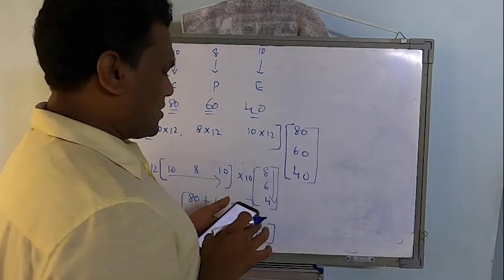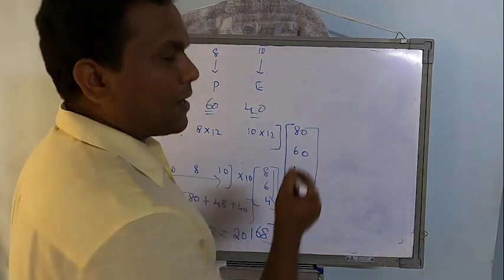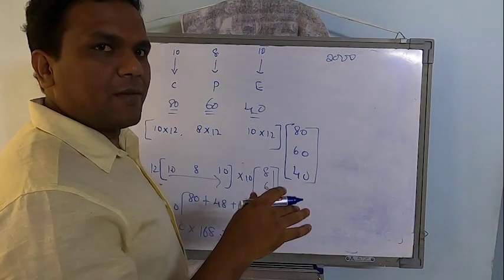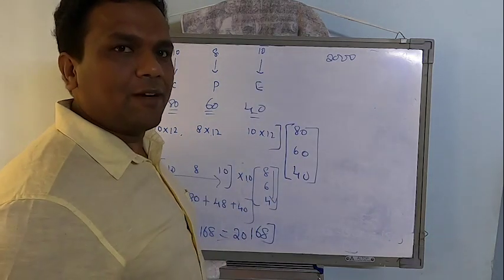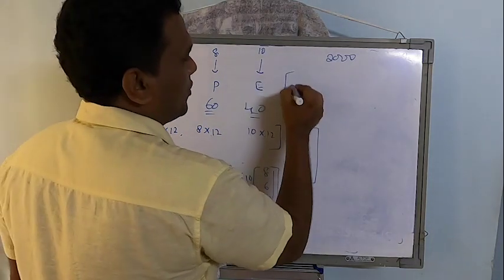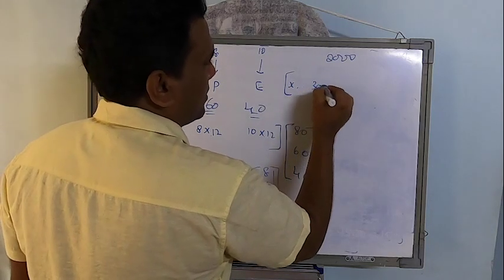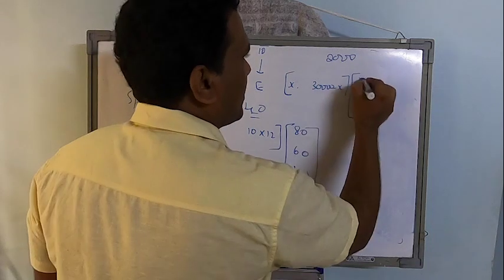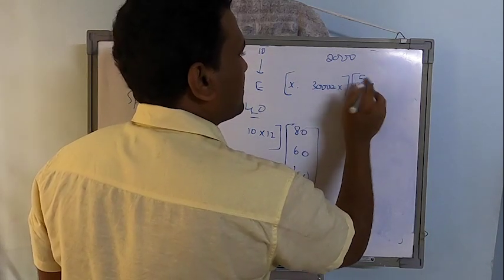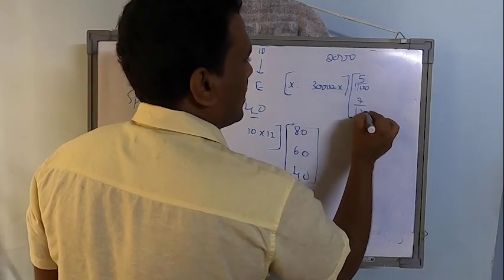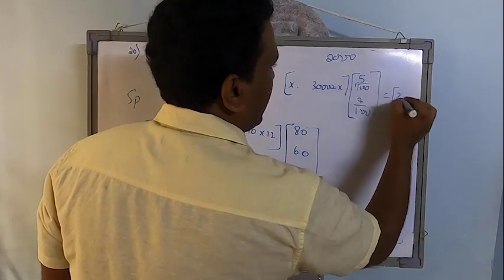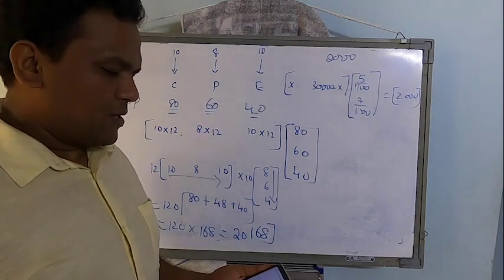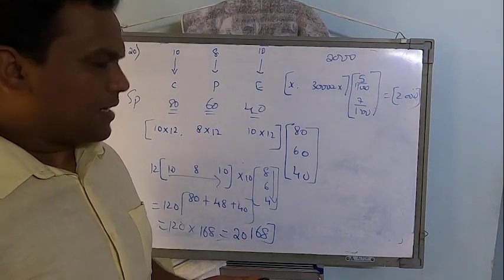In the previous problem there was a second part actually. In the second part the total interest was 2000. Everything just remained the same. The only thing is the right hand side will be 2000. So what will be the left hand side? x, then 30,000 minus x, right? And here it's going to be 5 by 100 and next 7 by 100. The only small change is your right hand side will be 2000. Just keep simplifying and you can get the answer.